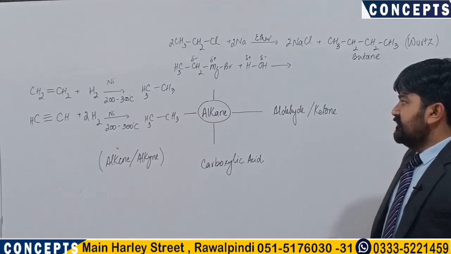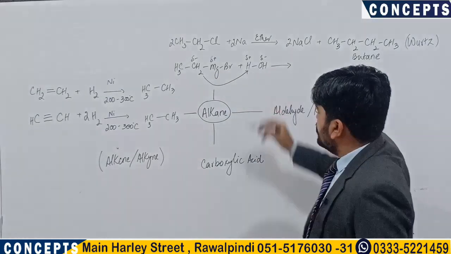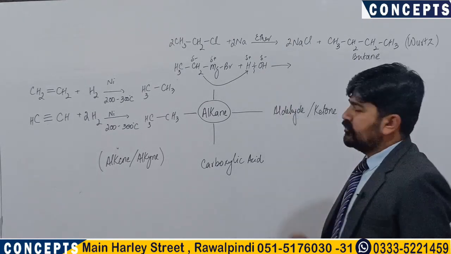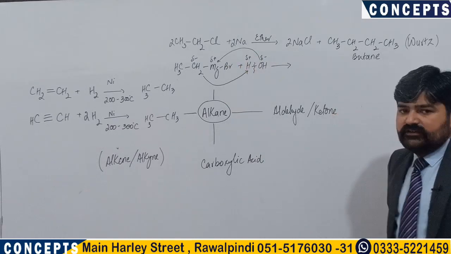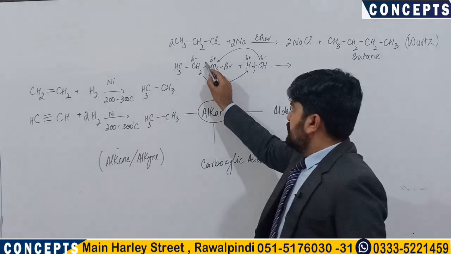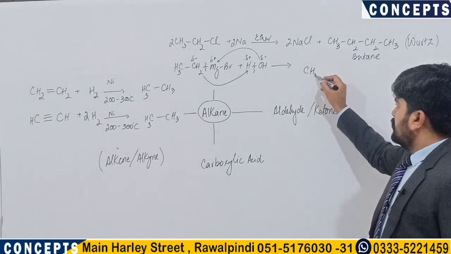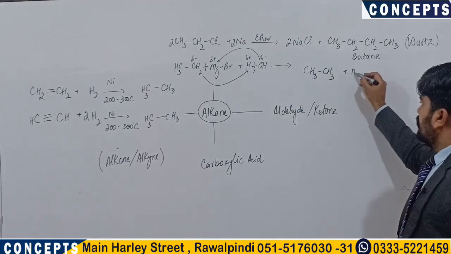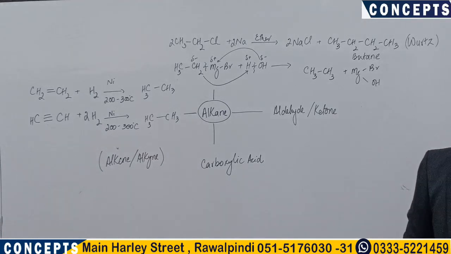The scheme of reaction is such that this partial negatively charged carbon attacks the neighboring hydrogen of the water molecule, which results in breaking of the hydrogen to oxygen bond, and this oxygen in return picks up this partial positively charged magnesium. Finally, the carbon to magnesium bond breaks, resulting in a saturated compound called ethane along with basic magnesium bromide or hydroxy magnesium bromide as a byproduct.